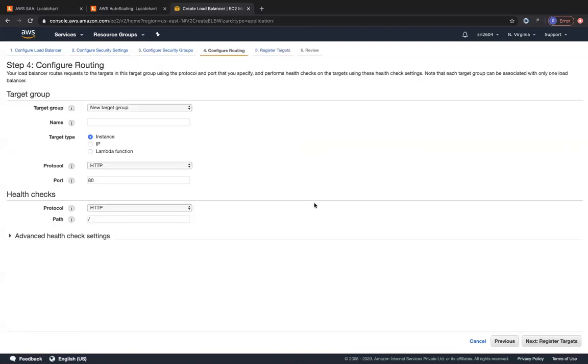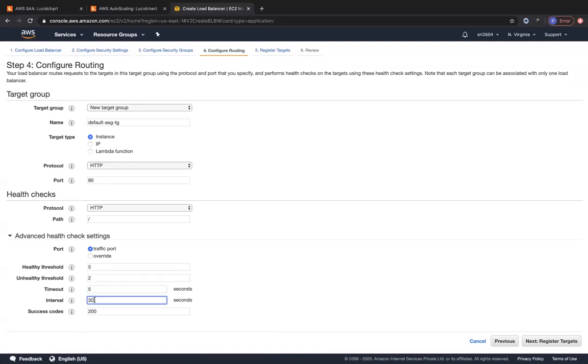Next, what I'm going to do is go ahead and create a default target group. I'm not going to register any instances. I'm going to allow the auto scaling group to register my instances. So I'm just going to create the default target group. I'm going to call it default ASGTG. I'm going to leave all of these settings as the default. We already spoke about these settings when we created the load balancer in the previous lab.